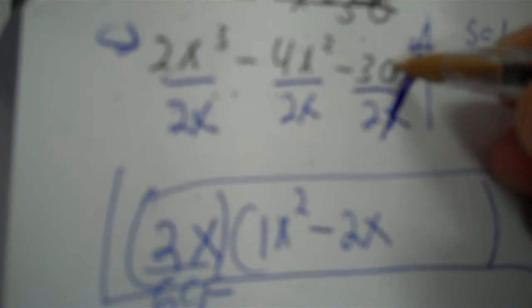So I go up and divide by 2x. The x's cancel there. Always on the last one is where they cancel. So 2 divided by 2 is 1. Now x to the third divided by x. That's x second. Negative 4 divided by 2 is negative 2. X second divided by x. So x second means x times x divided by x. You have x left over. And then negative 30 divided by 2 is negative 15. Now, put that over here, 2x,